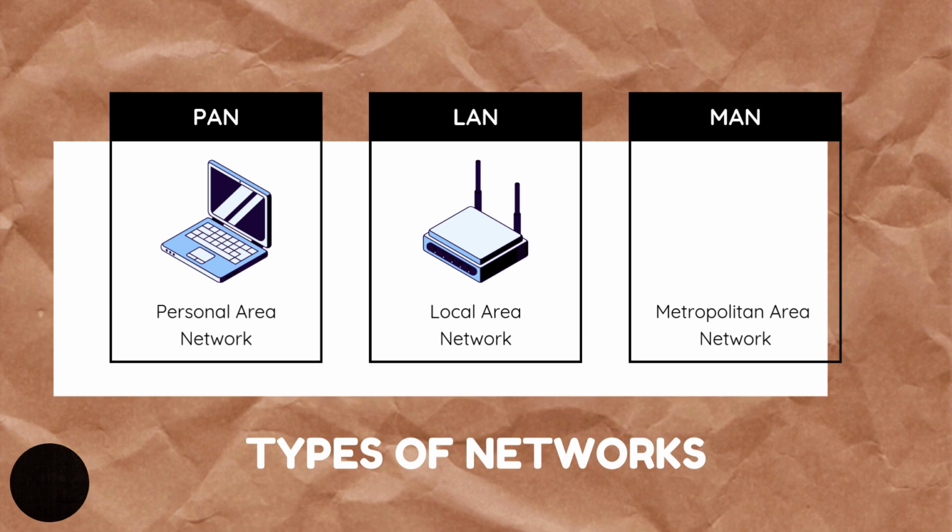the MAN, the PAN, the WAN, etc. PAN, the personal area network. LAN, local area network. MAN, metropolitan area network. Types of network. There are so many others. We equally have the WAN, and we have another one called SVAN. So the range is very vast. But we're just going to base ourselves now on the four essential.